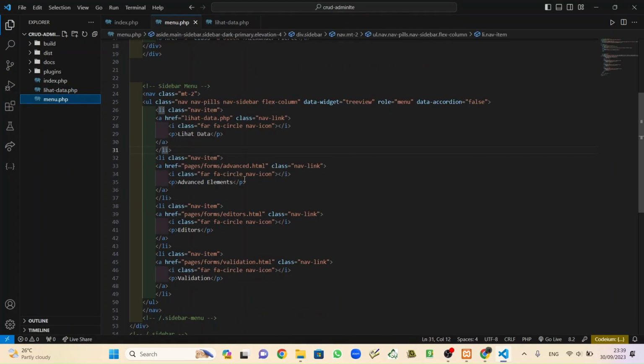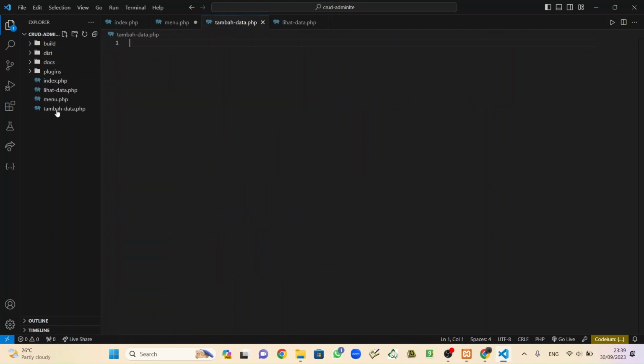The second one is tambah data. We can call it create, and we link it to tambah data.php, and we will make that tambah data.php.